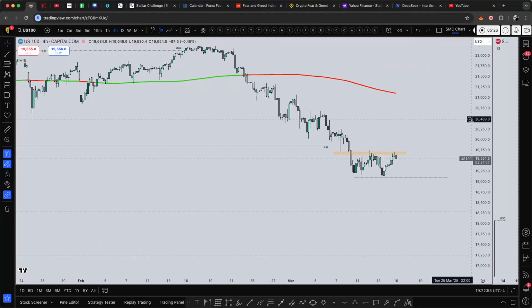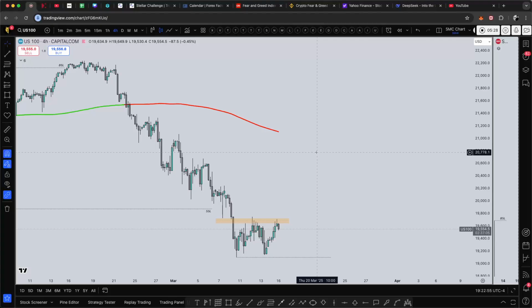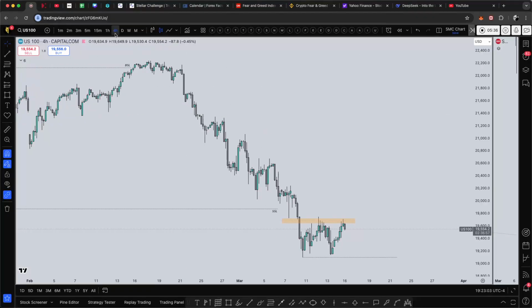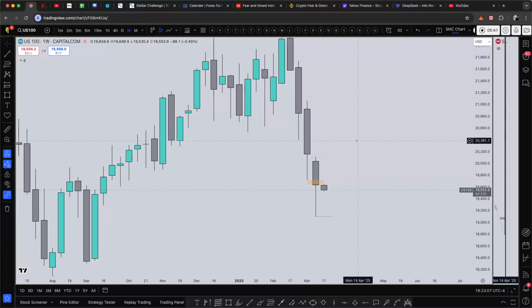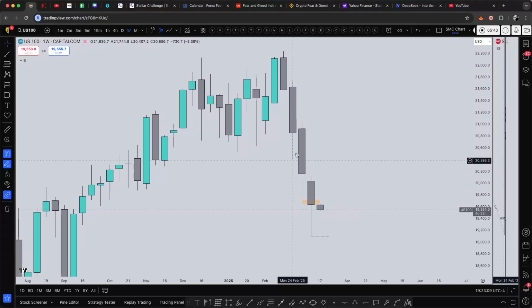I don't see markets pushing up at all. Look, notice on a 4 hour time frame, look at this big downtrend right here, using the 200. And this has nothing to do with ICT, but just like this, it is strongly bearish. If I go on the weekly, entering the ICT part, you see we've been crashing for